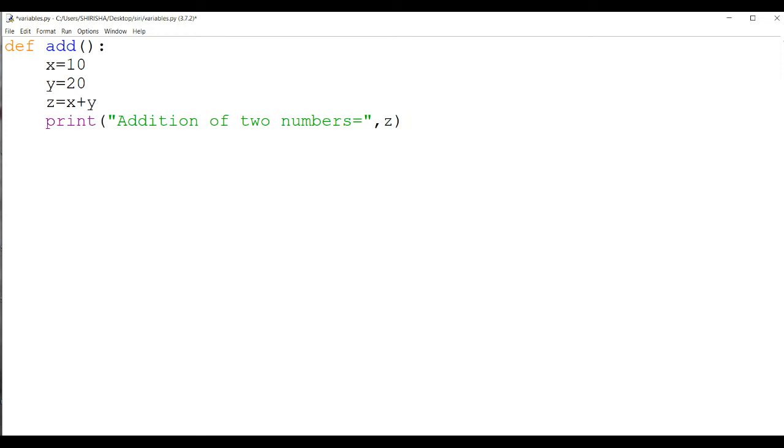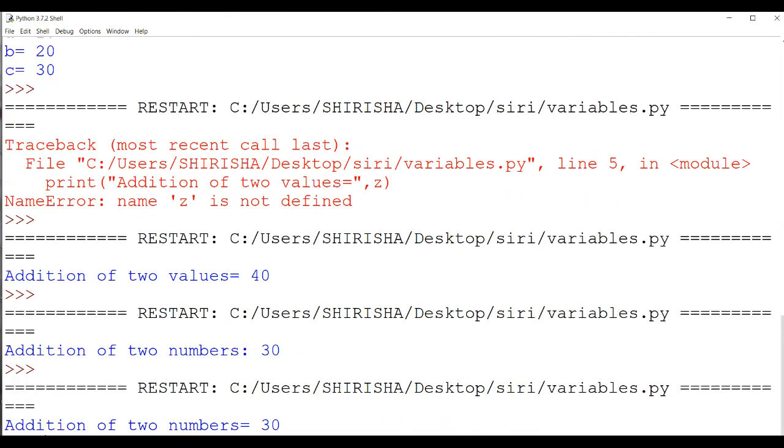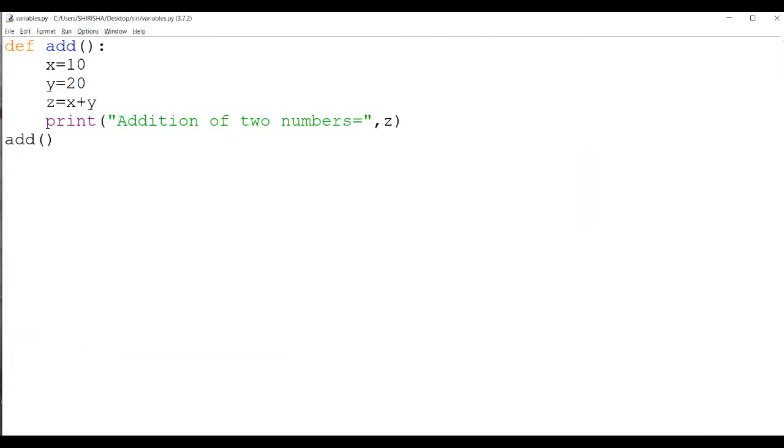In other languages like C, C++, if you define a function definition, then you mention the code within curly brackets. Here you need to follow the indentation, meaning spaces. If you want to come out of the function, you just need to come back to the starting position. I'm calling the function. Save it and run. Here addition of two numbers equals 30. In this way we declare the variables locally.